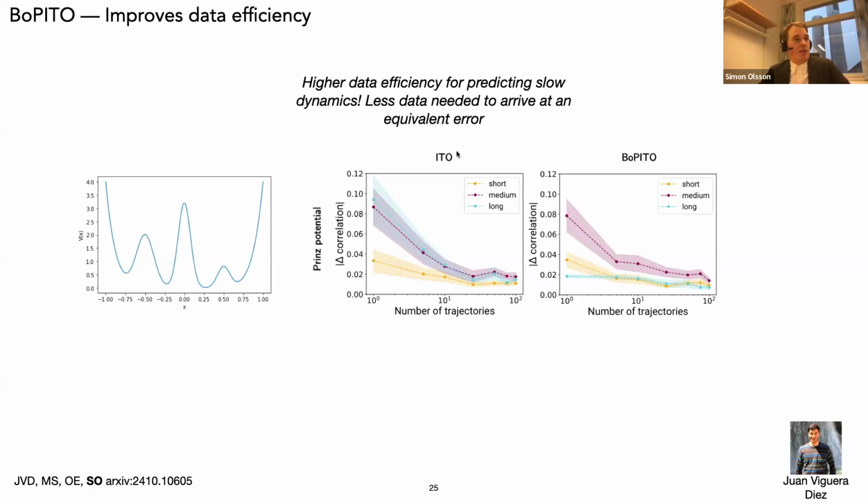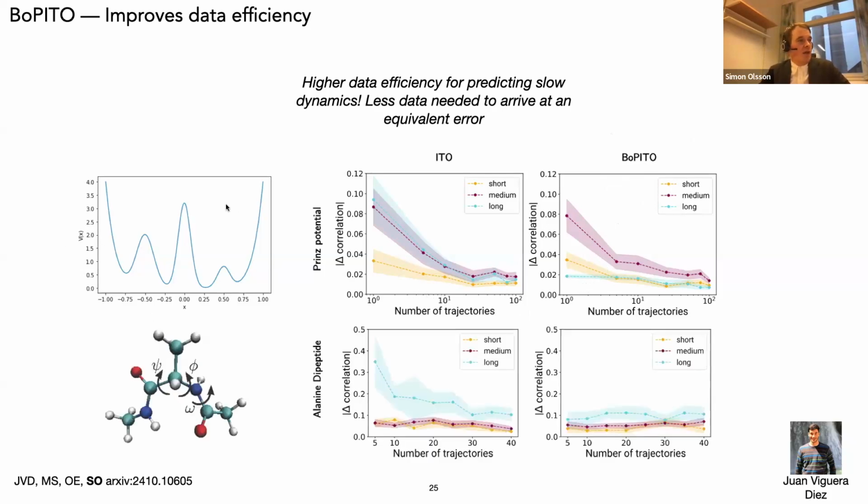And what we see when we are training an ETO model is that we need to collect more data here. So the number of trajectories is larger. All the trajectories have the same length. So we need to collect more data in order to reach the same error for the long-term dynamics compared to Bopito. So the Bopito approach allows us to capture the long timescale dynamics with a fraction of the data for these simple systems. And the same thing is the case for